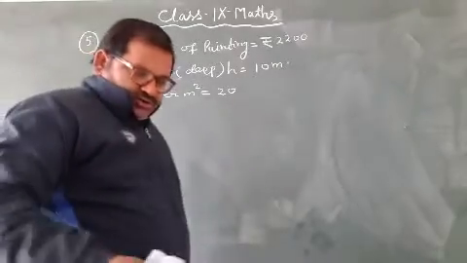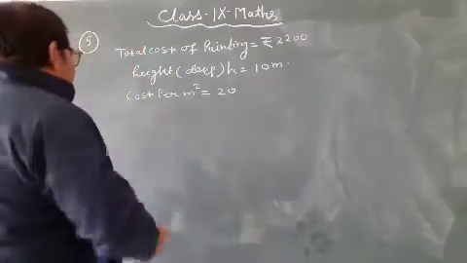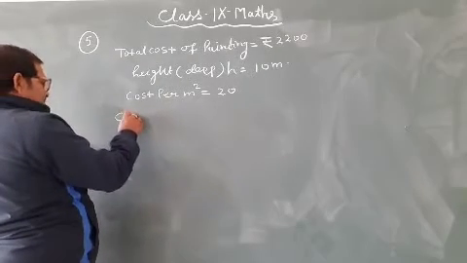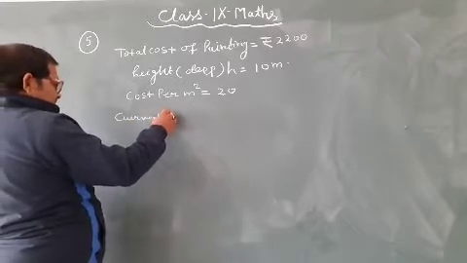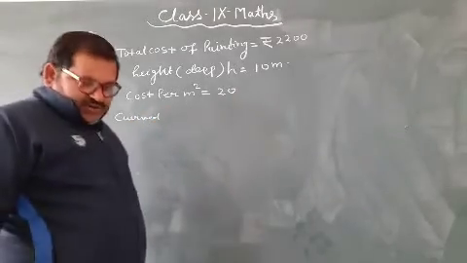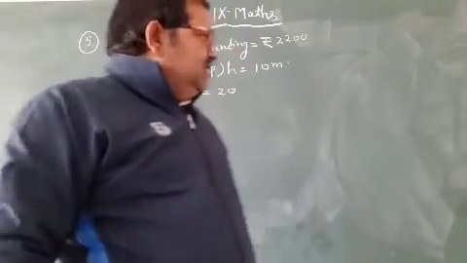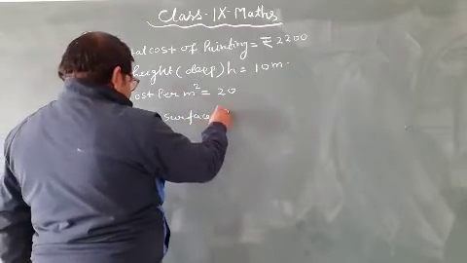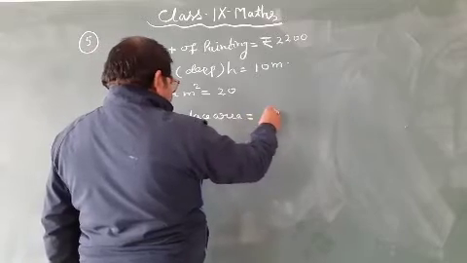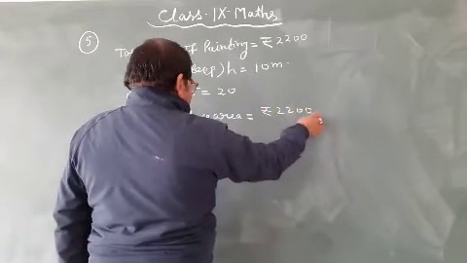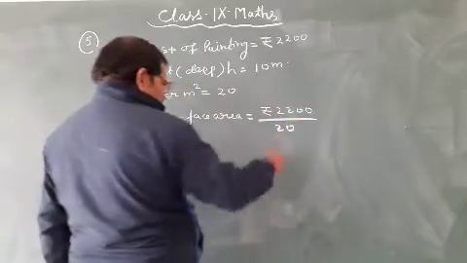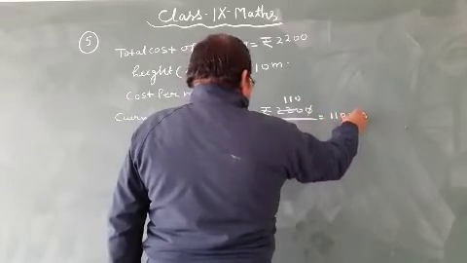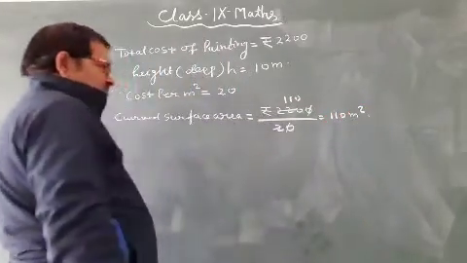So the curved surface area of the curved surface is rupees 2200 upon 20, equal to 110 meter square. So the CSA